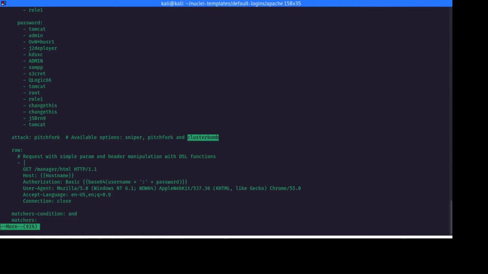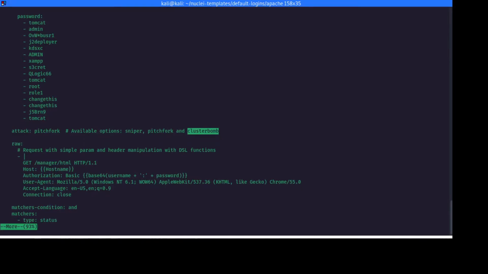So I can actually go on and write my own raw request. If you refer to the documentation, there are other ways to write your template, and you can just take this template and, based on it, create your own request. You can test this specific request against your target and get a more refined, more accurate result, which matters most in your bug bounty or pen test.